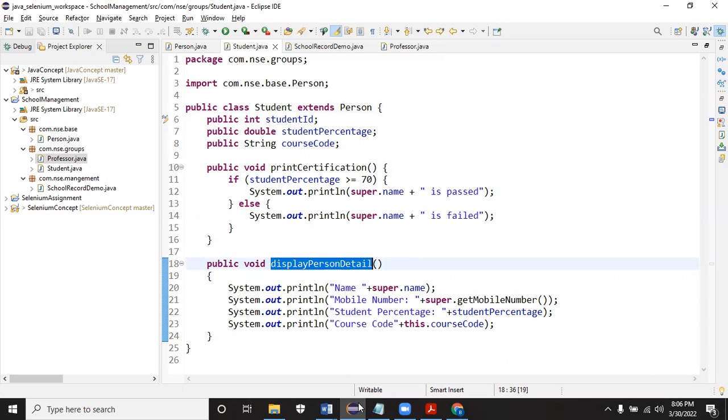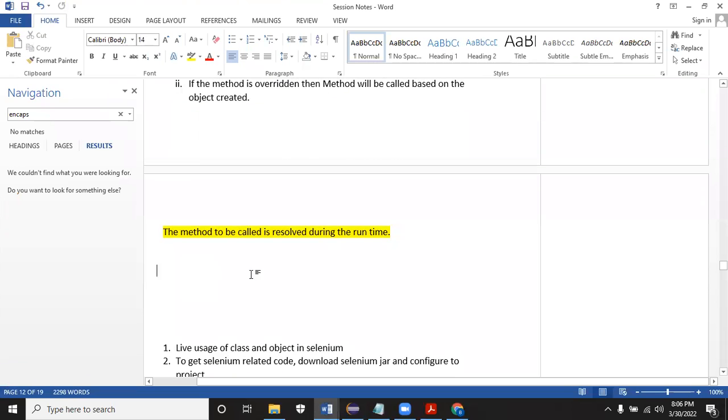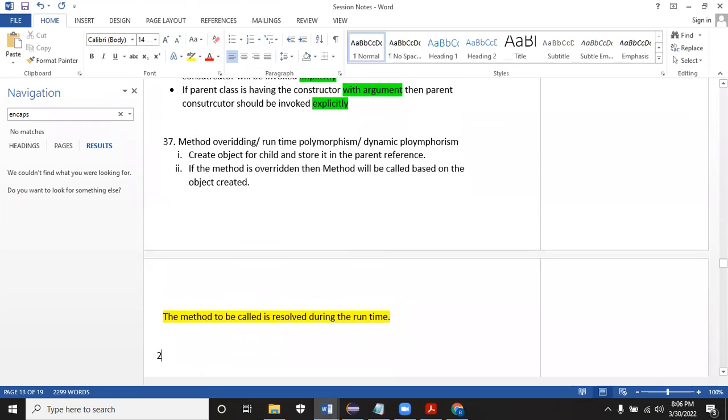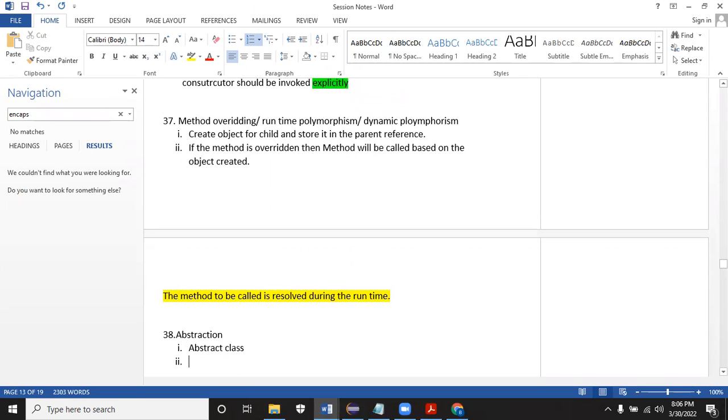How do I achieve that? One option is you can create an abstract class. The other one is interface.